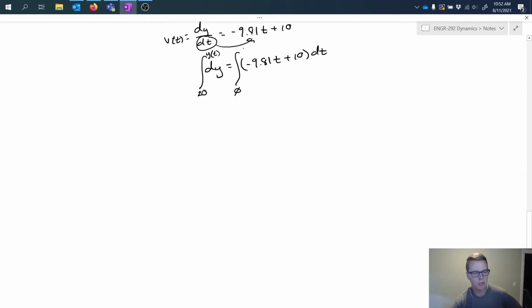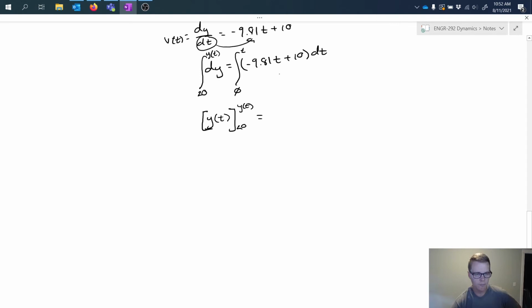We know our initial time is 0 and our end time is t, because we don't know what the end time is. So if we carry this out in the same way, we get y evaluated from 20 to y, and we get